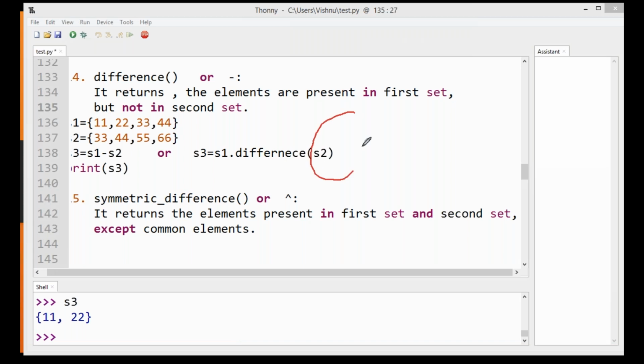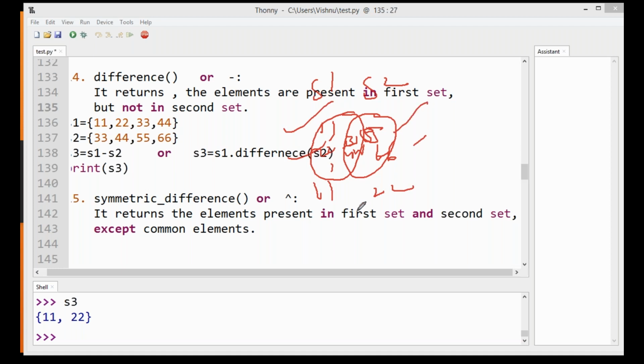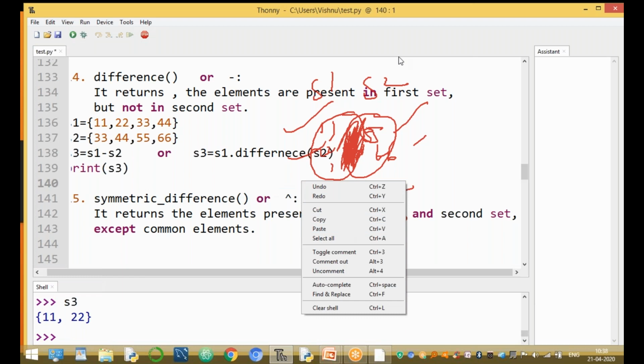The logic is to return the elements present in the first set, that means 11 and 22, and the elements present in the second set, 55 and 66, but not the common elements. These common elements are not returned.